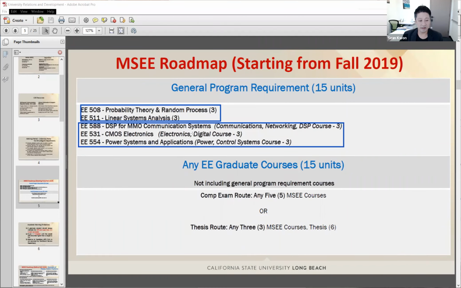Usually, these classes will be open every 2 semesters or every year, but depending on the situation of our enrollment and student state, sometimes the department tries opening some classes twice a year, like every semester. The way for you to check whether these classes are open in the next semester or not is to contact the EE department. And another way is to check our previous course schedule.